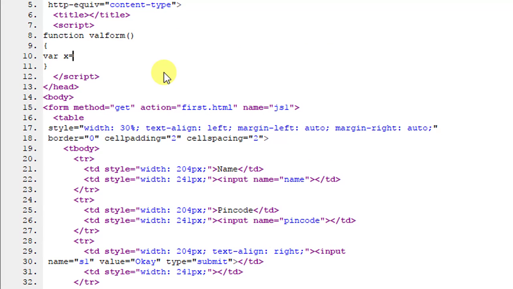Now x is equal to, first you have to write document. You have to tell JavaScript to go into the document, then in the document go into the form. So we write the name of our form, that is JS1. Then we write the name of our element, that is name. Okay, this is my form name and this is the name of my text box element, but I don't want the name, I want the value of the same. So I will write dot value.